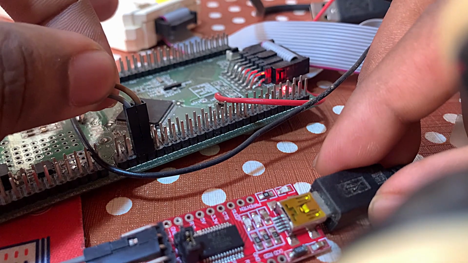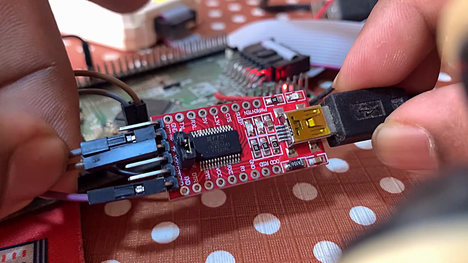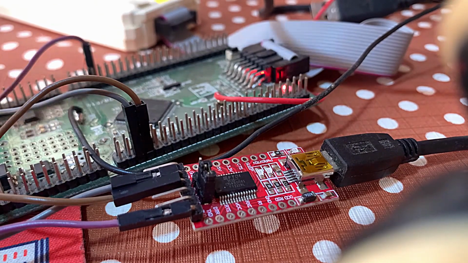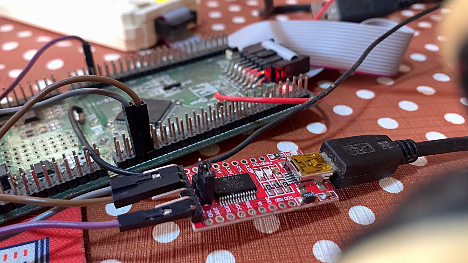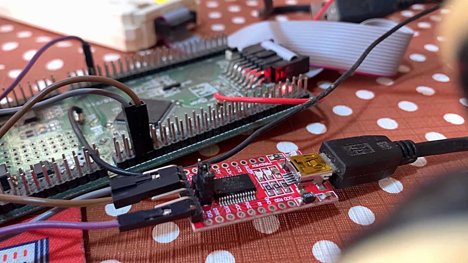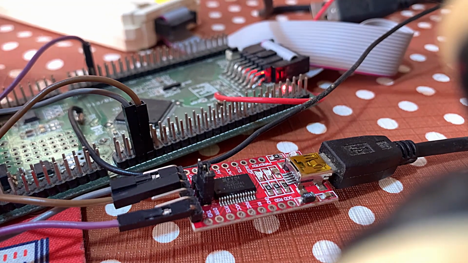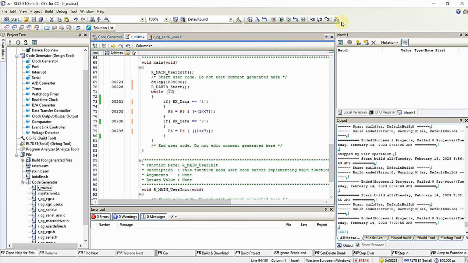Right over here we are connecting RX and TX of the microcontroller to the TX and RX of the TTL converter right over here. So that's all about the connections. TX of the TTL converter will be connected to RX of the microcontroller and RX of the TTL converter will be connected to TX of the microcontroller. And then we are commonly shorting the ground of the TTL converter to the ground of the microcontroller right over here. So now I'm just going to run this program,